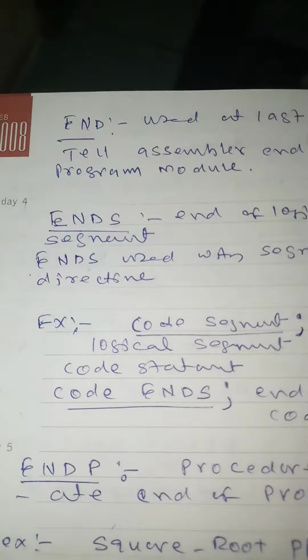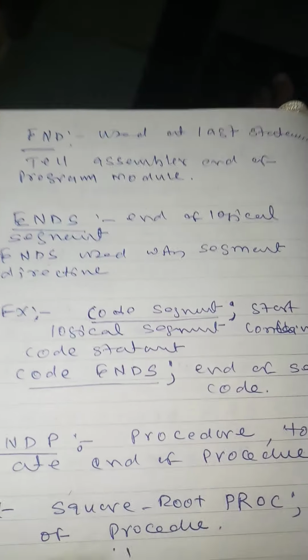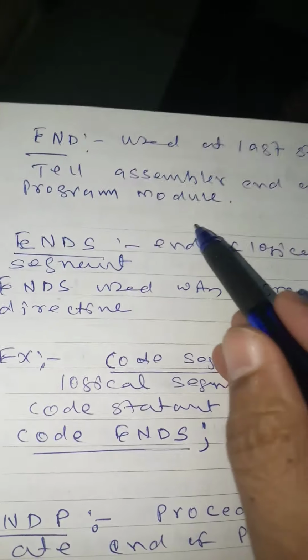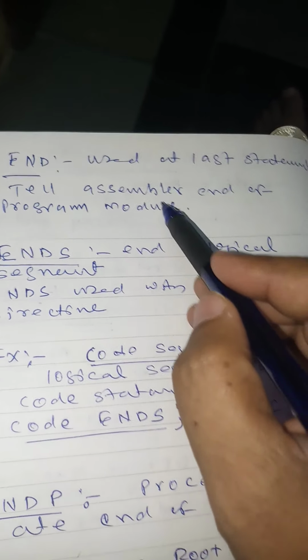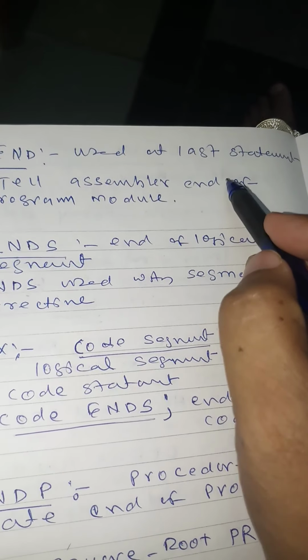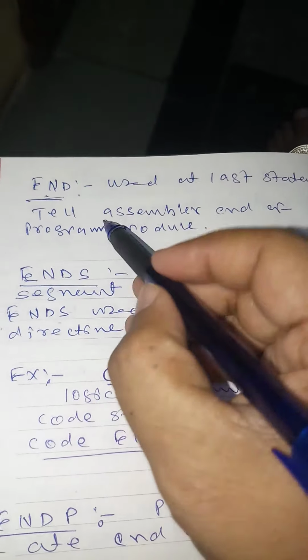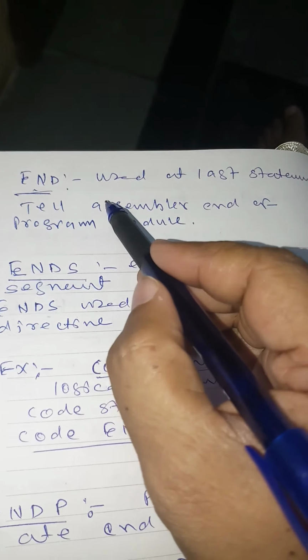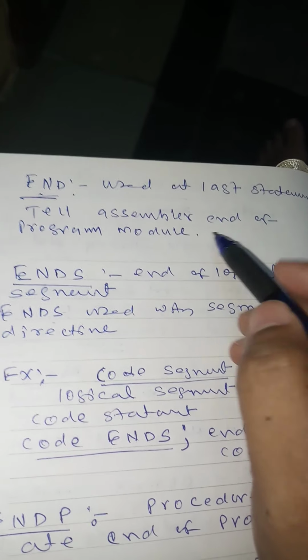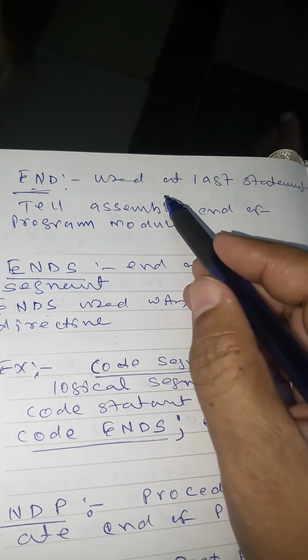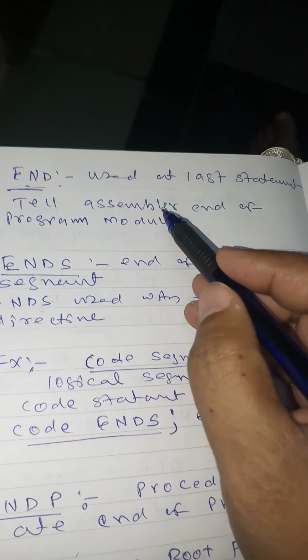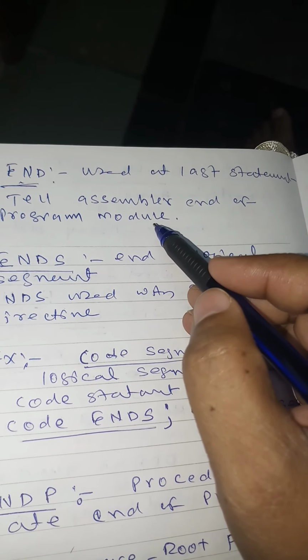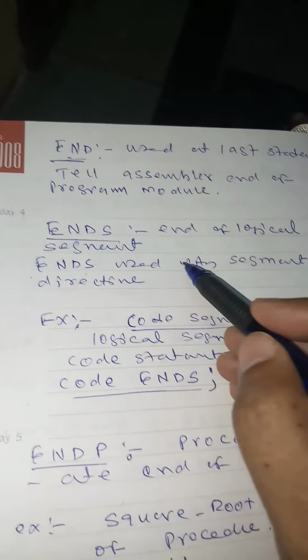Next, coming to END, which is also widely used. It is used to indicate the end of the program. Always at the last, after completing your code, we have to write END. How to write END? END has to be written as the last statement, which gives the direction to the assembler that it is the last instruction, after which it has to stop the conversion to machine code. Okay, so that is END.